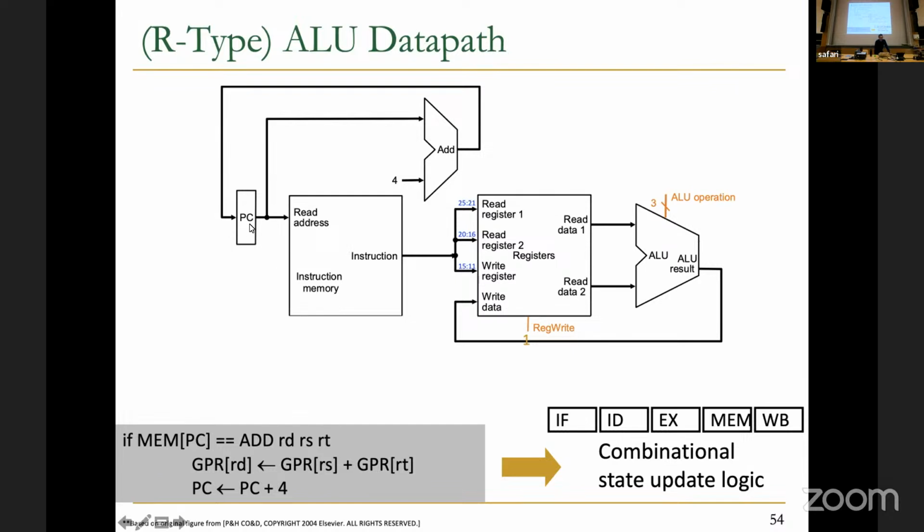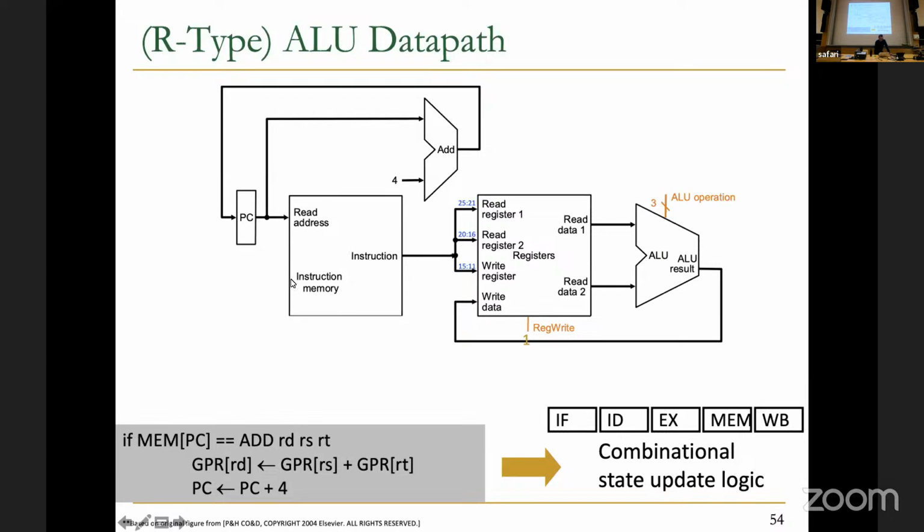So the data path element, PC, we want the PC to be incremented. So let's have an adder, a specialized adder that increments the PC by 4. And at the end of the clock cycle, PC plus 4 gets stored into PC because you write to PC every clock cycle. And then we also take the PC to read the